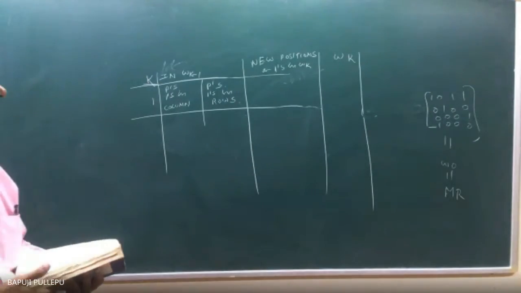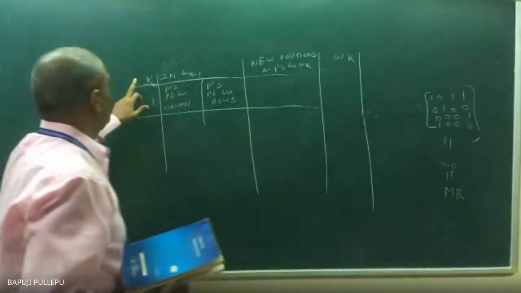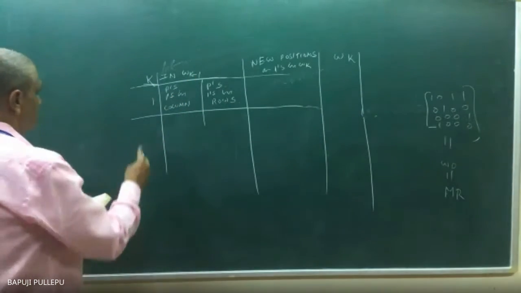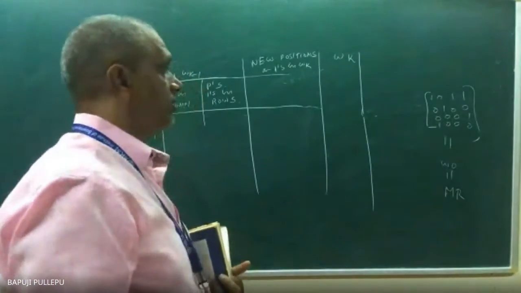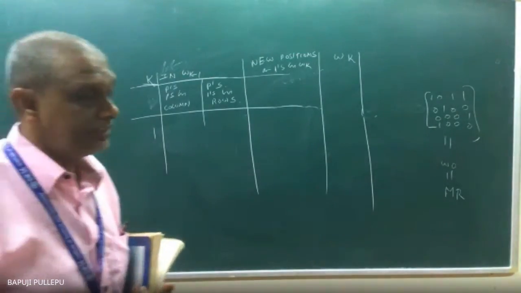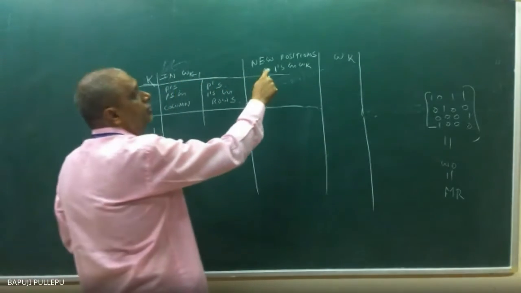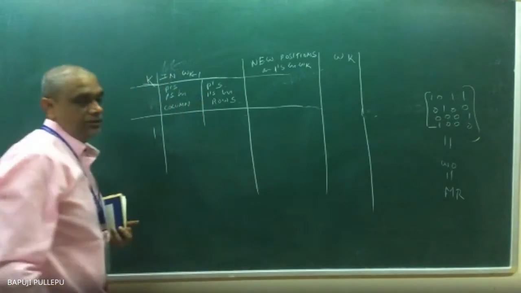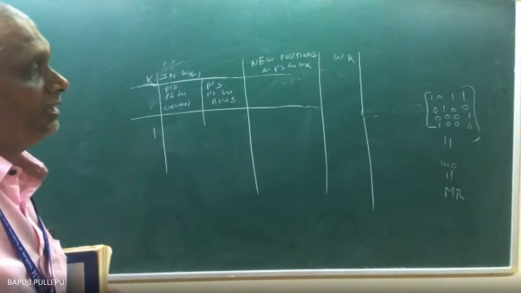Okay. See, this I am choosing as W naught. Now k is equal to 1 means what? W(k minus 1) is W naught. In the first column, note the positions where ones are in W(k minus 1). The new positions of 1 in W(k), this W(k) matrix I will form here. Don't worry.